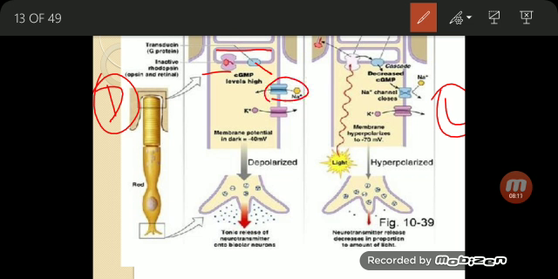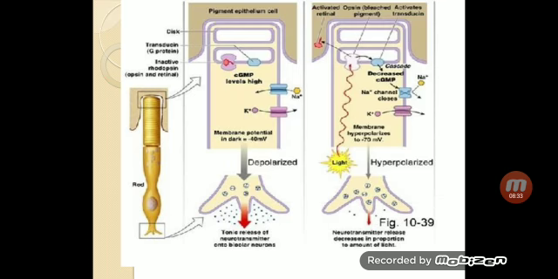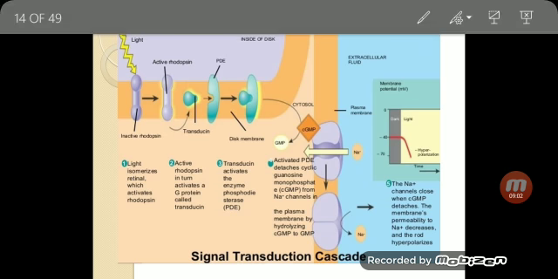The light splits the opsin pigment. So see here, in the light state, you can see the retinol is activated and the opsin is bleached, and this activates the transducin. So there will be decreased cyclic GMP and closure of the sodium channels, and then membrane hyperpolarization takes place. So the neurotransmitter is released and it sends impulses to the cerebral cortex via the optic nerve. So this is the signal transduction cascade.